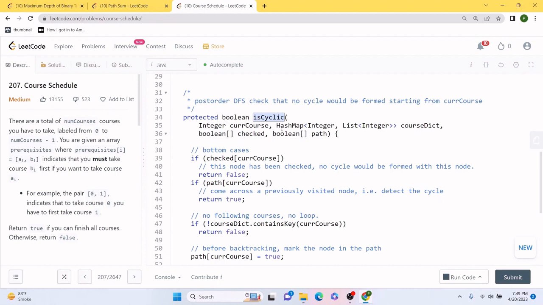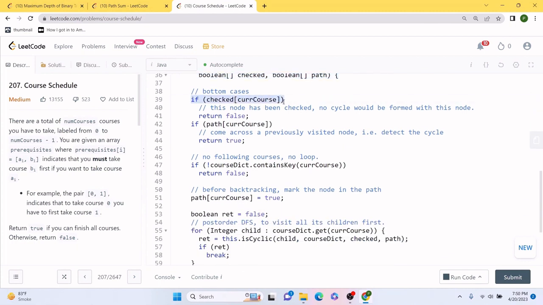Now in this helper method, first of all, we get our hash map, the graph and all the data. The first thing we do is check whether the given node has been checked or not. If it is checked, it means that there is no cycle and we can return false. We are also going to check whether we are going through a previously visited node.